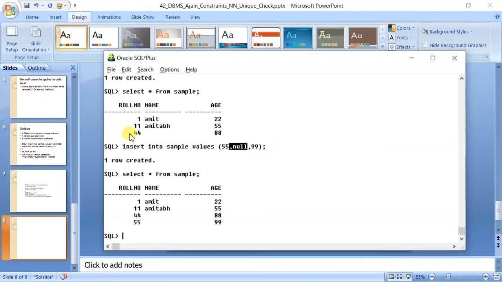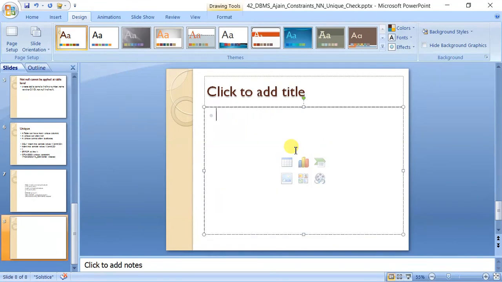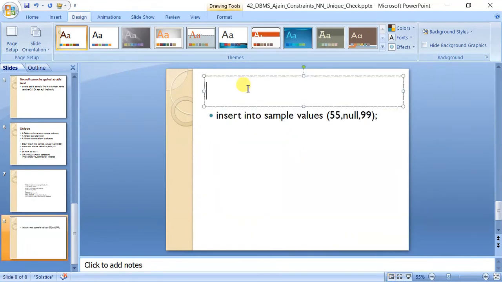So please remember this concept that multiple null values are allowed in unique. Okay.